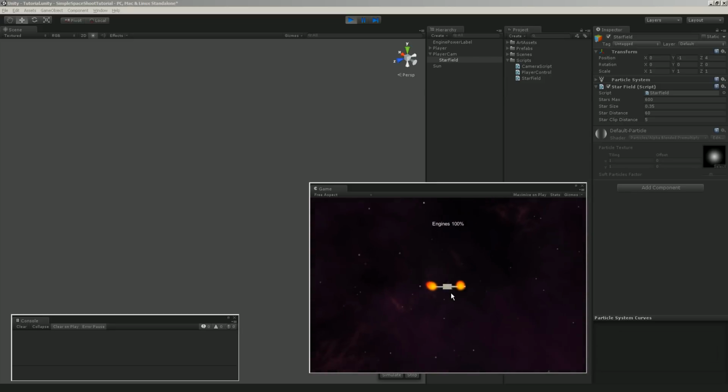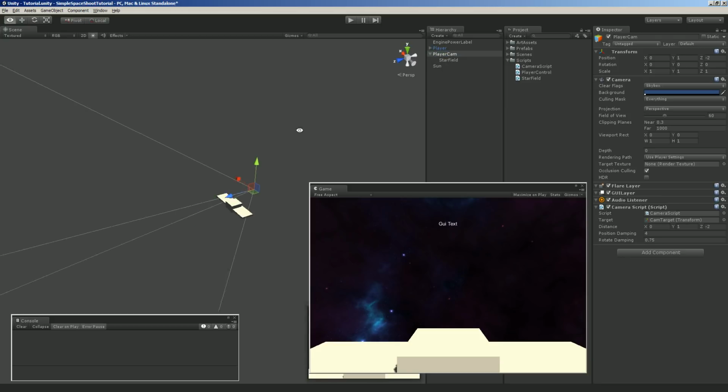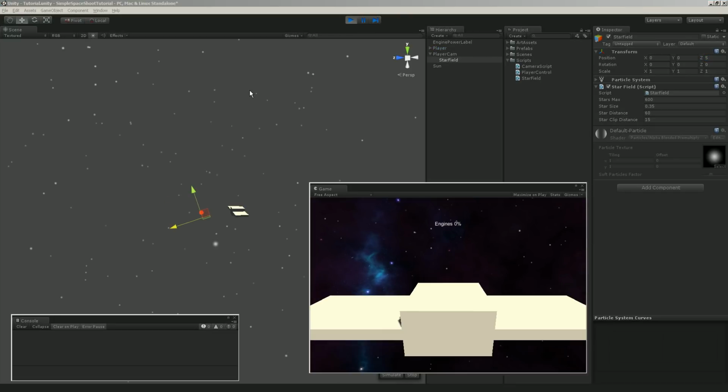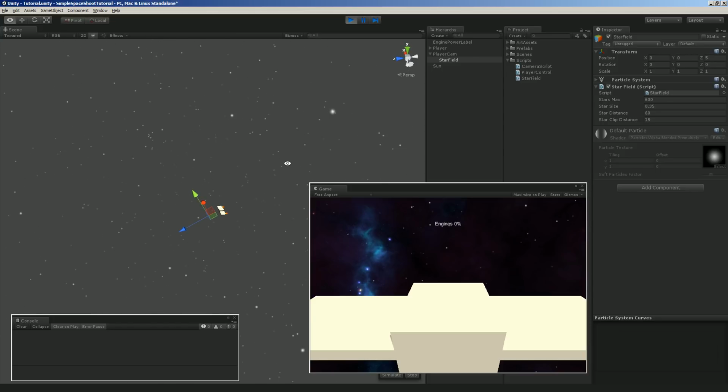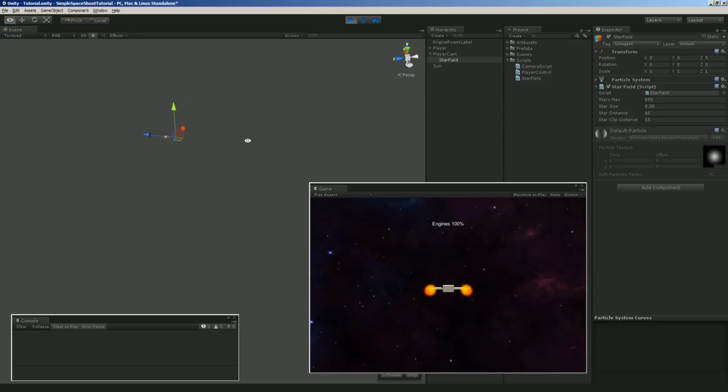That's basically how that works. Now I can't see the stars at all. And also, I think it's just really important to have these stars somewhere where the camera actually gets the bulk of them. You know, where the camera can see most of them. And that's pretty cool. So as you can see,